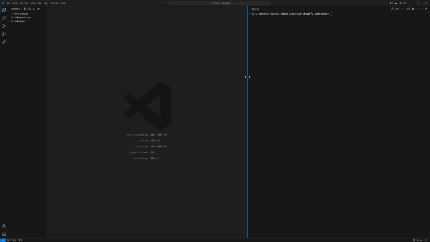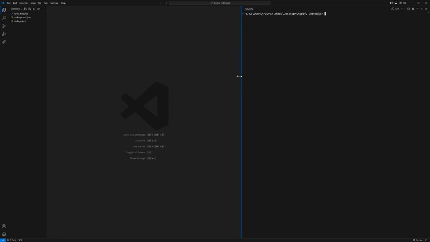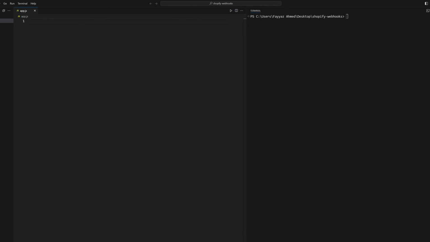Okay, now let's see how we can handle the webhook data. Once your webhook is set up, you need to create a new application in Node.js. I have created the application and I have installed Express. So now I need to create a new file, let's say app.js,